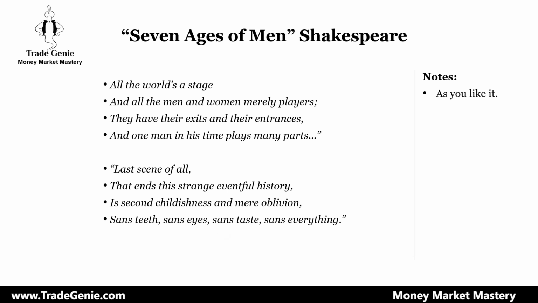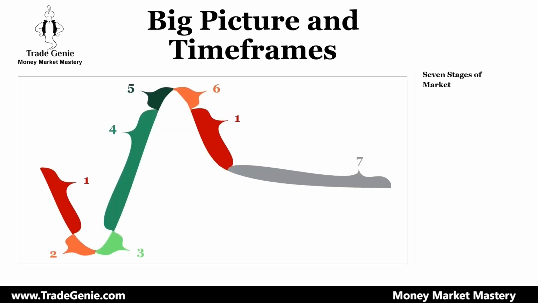So I'll try to explain to you what the seven stages of market are, and then you have to understand what stage the market is in, and then the individual symbols. Not only is the market going through its life cycle, but individual stocks in that market are going through those seven stages too. So here is the chart, and I color-coded it to explain clearly what the seven stages are.